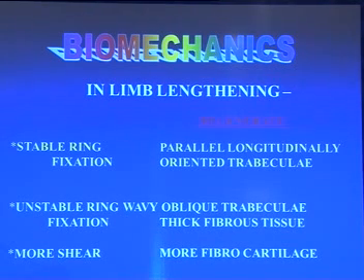In limb lengthening, if you have a stable ring fixation, you get regenerate which is parallel to each other. If it is not stable, then you start getting fibrous tissue and trabecula, and if there is more shear and more movement at the limb lengthening site, what is going to happen? Instead of bone tissue, you are going to get cartilage tissue. This is not good for getting good end results. So what you need to see is that you have a stable ring situation. For a stable ring situation, as I showed you in the first photograph, you must have cross wires as far as possible.